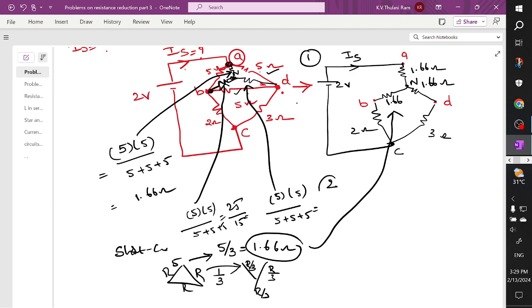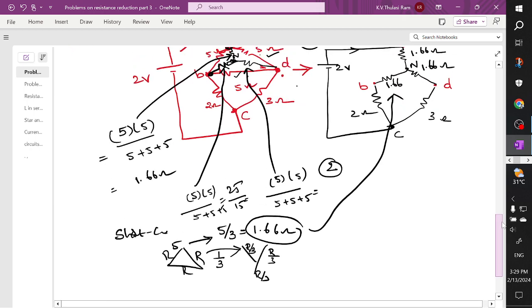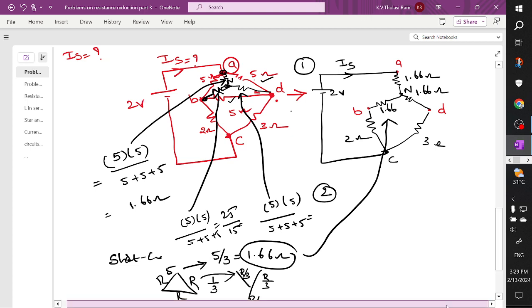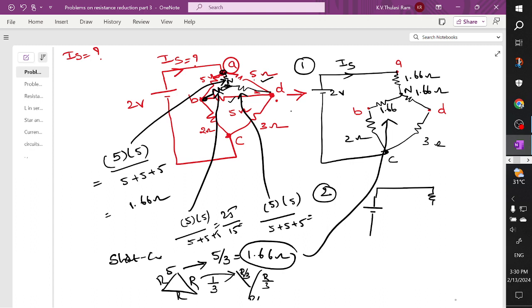Coming to the second step of solving. I'm having a 2 volt source, and I have a top resistor, and you can see here these two resistors are connected in series connection. These two are again connected in series connection. So I can claim that this is connected in series connection. These two are also connected in series connection. So this is node A, and this is node N,